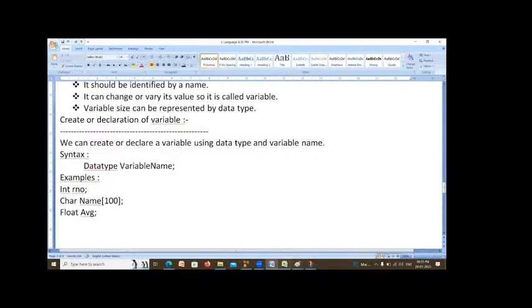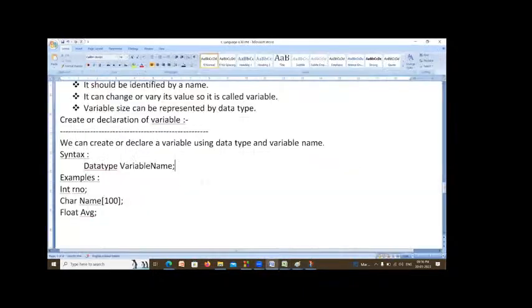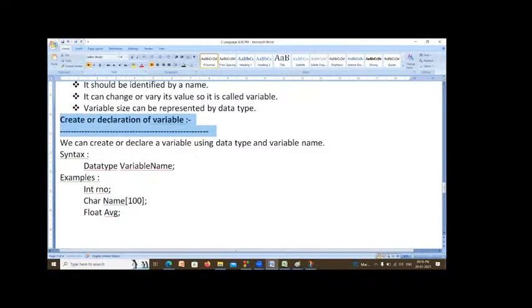You should know the data type and the variable name, then only you can create the variables. Otherwise, you cannot create the variables. So is it clear how to create the variables? My dear friends, is it clear?